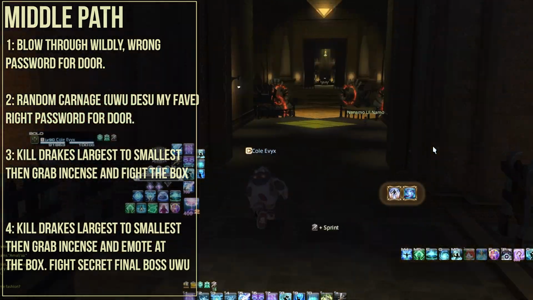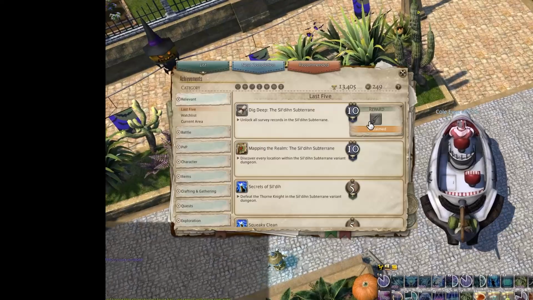Simply go and open your achievement log and go to the most recent achievements, find Silkie, and then obtain the